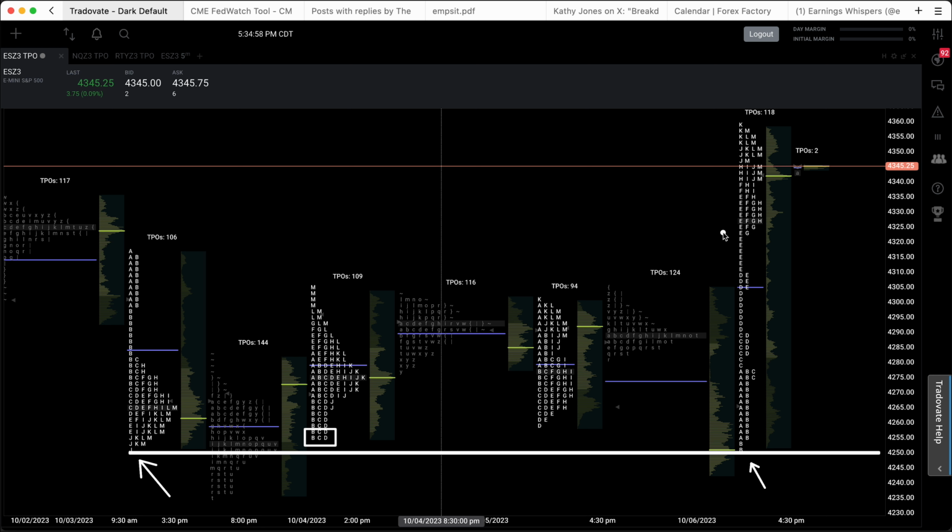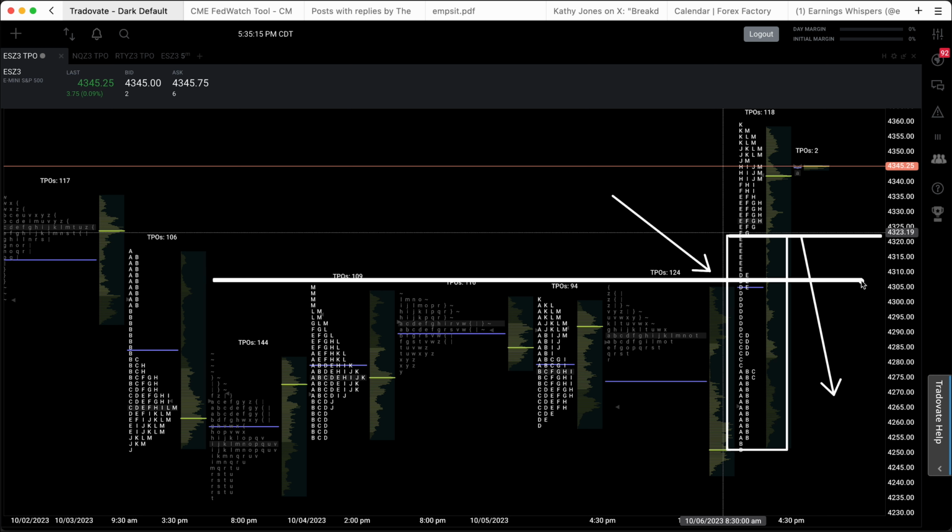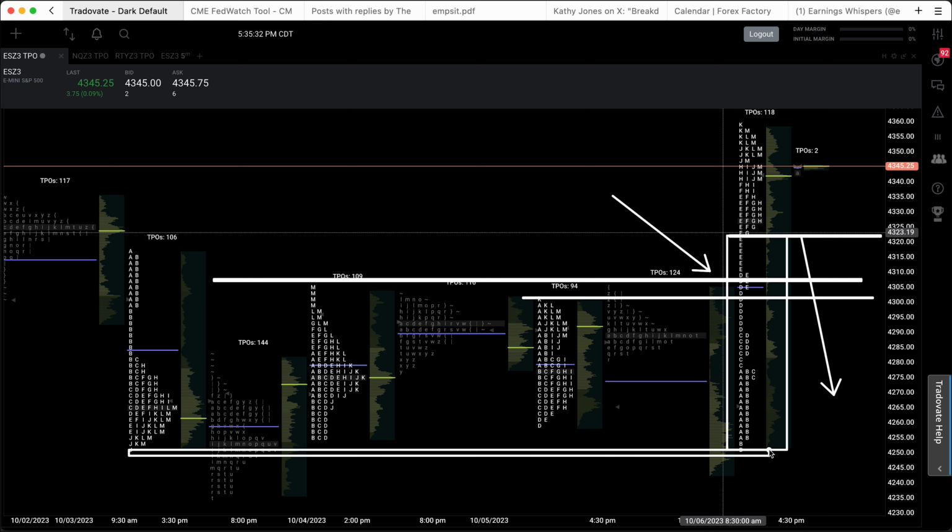So what we want to watch for here is if the market is able to take out 43.23, the door is open to retrace all of these single prints. And as we know, single prints typically indicate some sort of emotional response to the market. So I would be more so inclined to say that we had a short squeeze outside of this balance area over here, instead of some sort of new money aggressive other time frame buyer really stepping in and producing a bottom in our S&P. If we do get some sort of pullback, the retest is back to the highs over here, much closer to 4,300. We have poor lows, and if we are going to repair this area, just to give you the number, it's